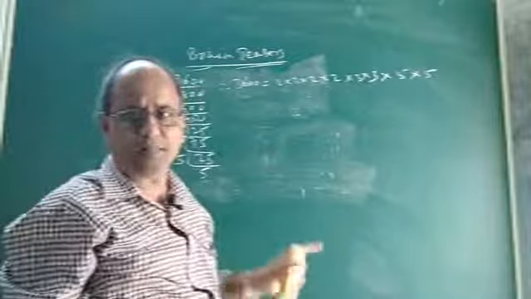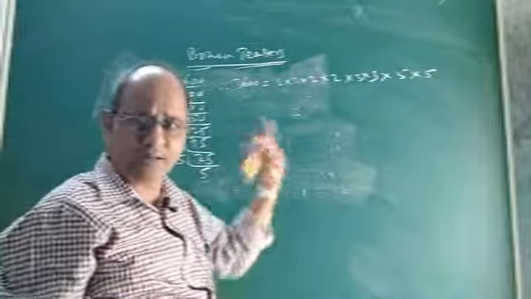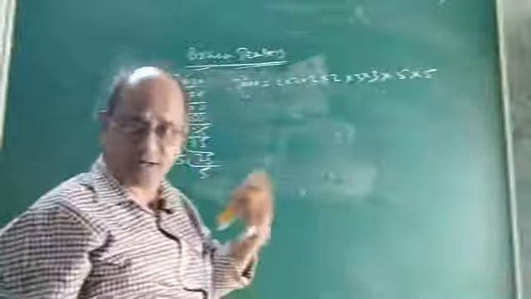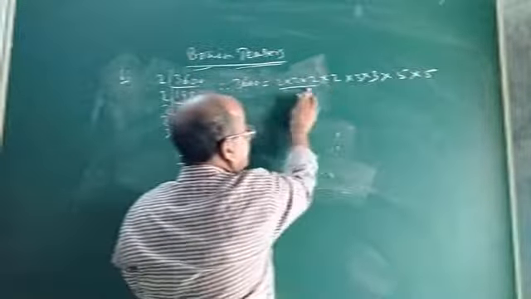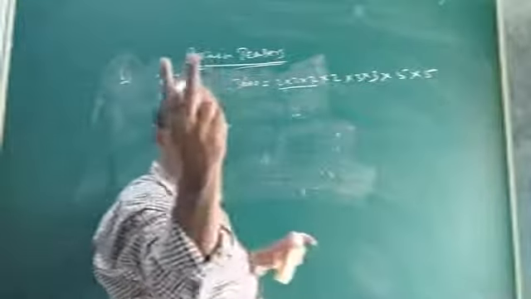So this is the complete prime factorization of the number 3600, which shows that it is not a perfect cube. Now to make it a perfect cube, what smallest number must we multiply with 3600? Let us find out. How to know? First you form the triplets. This is one triplet, but see, there is a shortage of 2 more 2's.